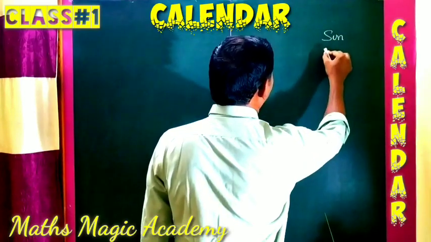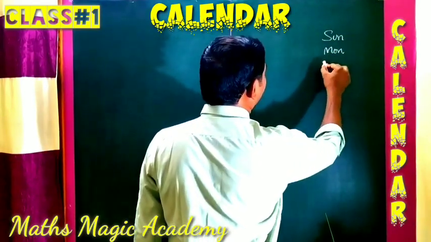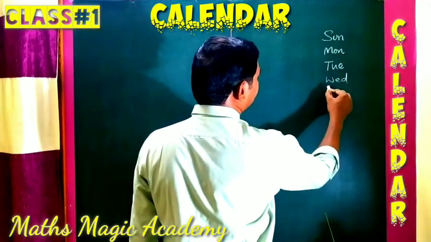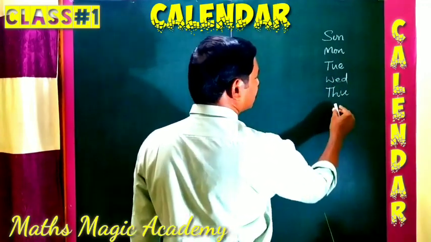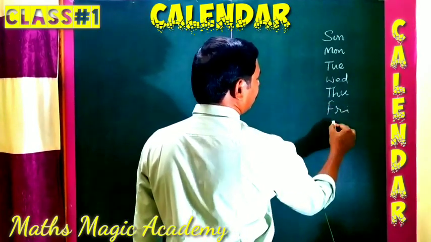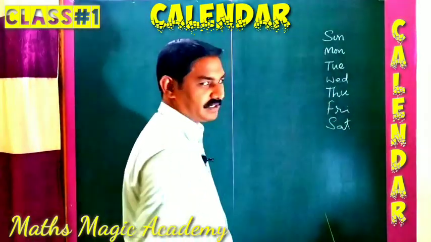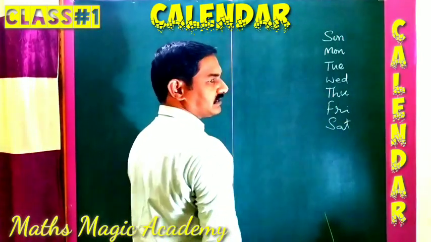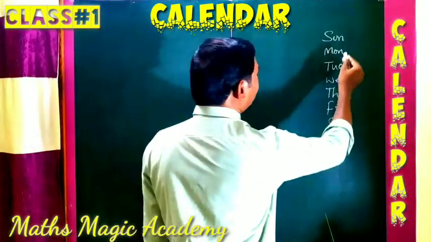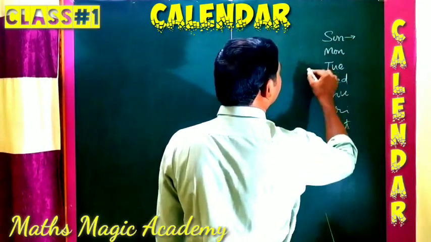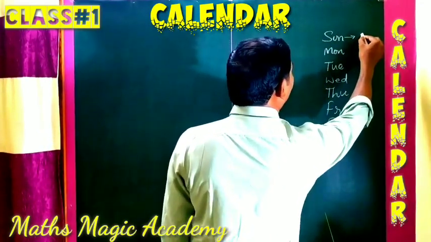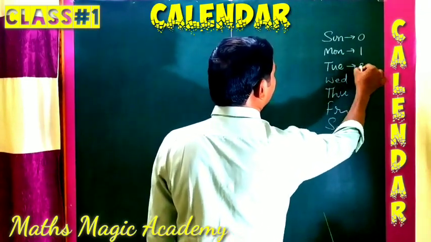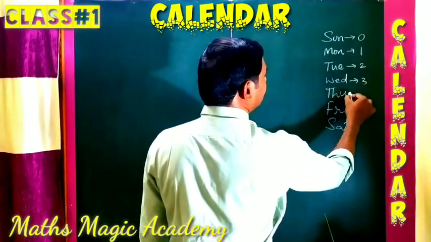We have Sunday, Monday, Tuesday, Wednesday, Thursday, Friday and Saturday. So which day the date falls on, you have to find by using a simple trick. First of all, you have to take Sunday as 0 and Monday 1, Tuesday 2, Wednesday 3,